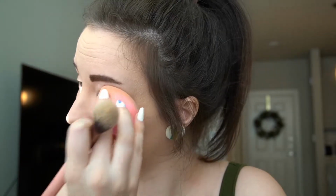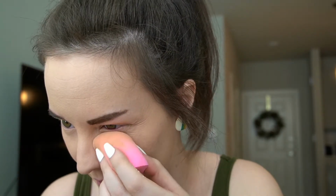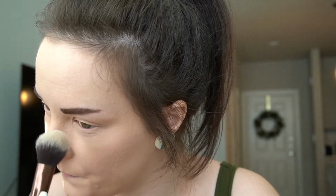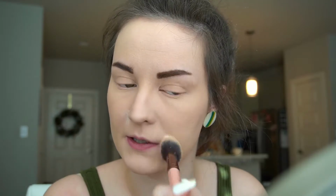Not that I was wanting to hate it, but I'm gonna use this Anastasia Beverly Hills powder in vanilla. My under eyes do look a tiny bit cakey, but I think it's because of how much I did of both concealers. I didn't mean to do that much of the peach concealer, but I do think it's making me look a little cakey, so there's that. Creasing right after I tapped it out, which normally doesn't happen. I'm gonna set my chin and around my smile lines, but I'm not gonna set my cheek area just yet, I don't think,